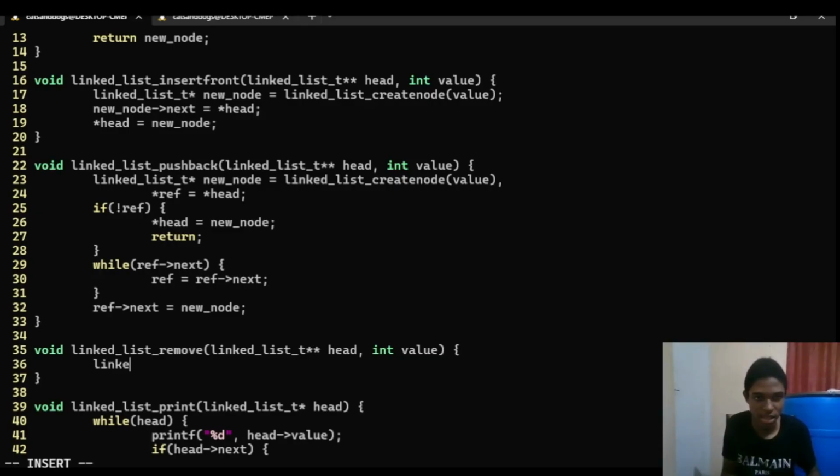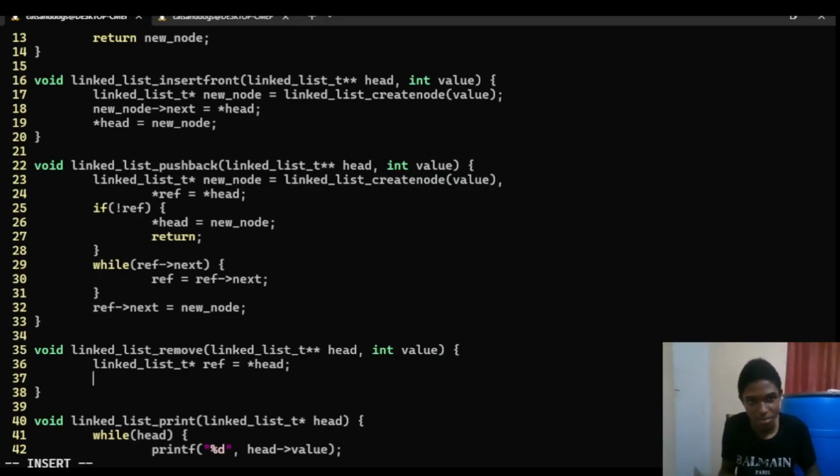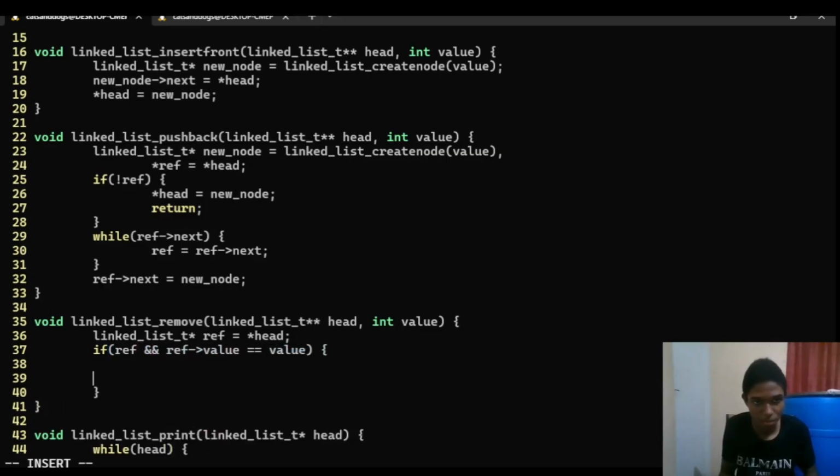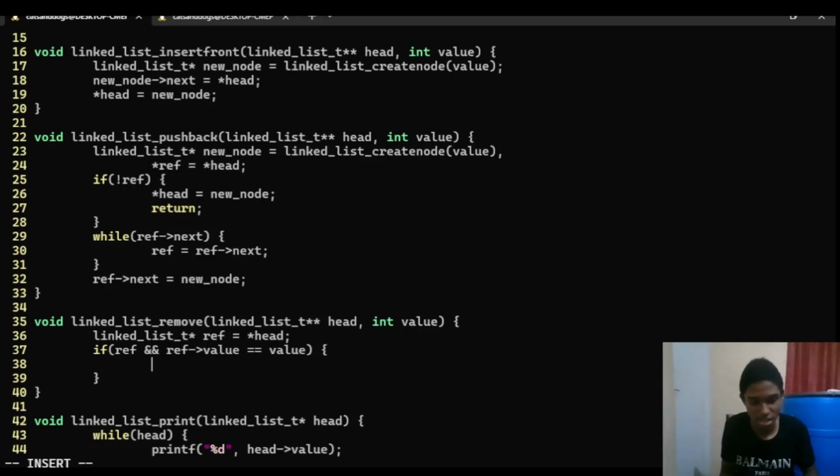So we'll have a linked_list_t pointer, let's just call it ref, and we'll dereference our head right here. We'll then say if ref, so we'll need to check our head pointer to ensure that it is not null. So we'll say if ref and ref value is equal to the value that we actually want to remove, then we can simply say